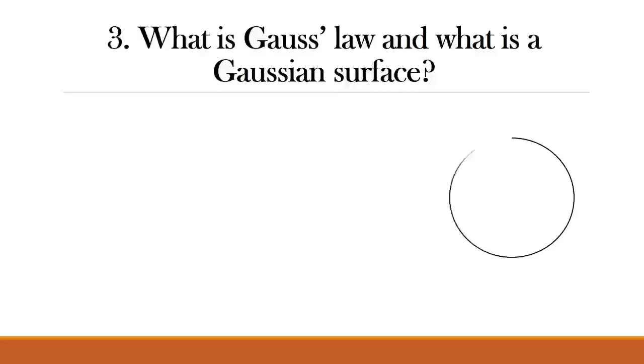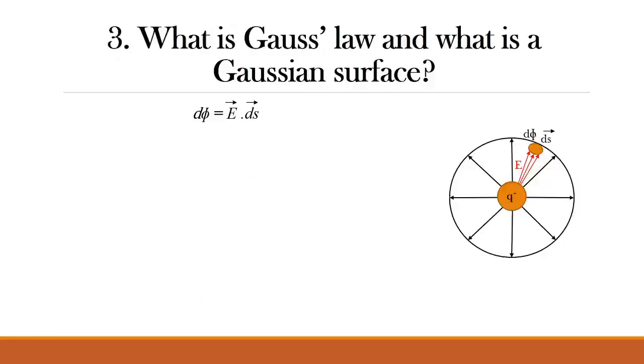Consider a closed surface which has a positive charge q which produces a uniform electric field in the outward direction. ds is the elementary surface area. This electric field linked with this surface area gives an electric flux, that is d phi. Therefore, d phi equal to E vector dot ds vector. Now, total flux, that is phi, equal to the integral of the elementary flux, that is phi equal to closed integral E vector dot ds vector.